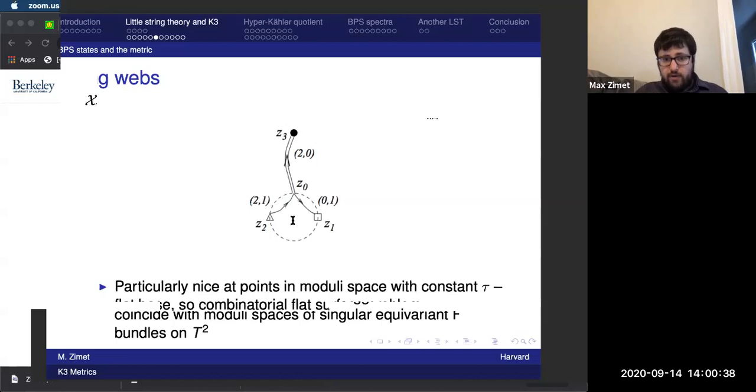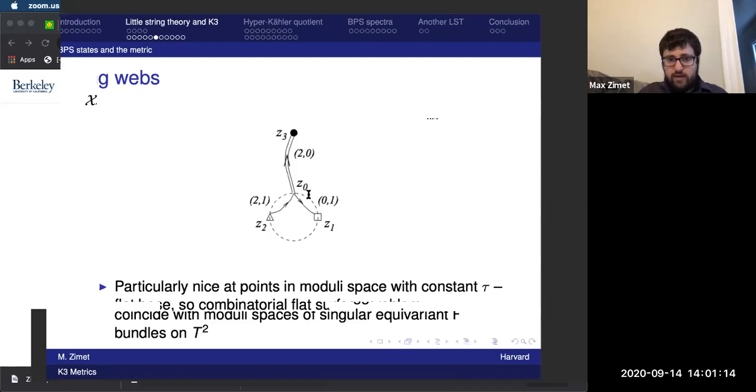Okay, so I've alluded to this picture a few different times, so let me just give an explicit picture here of what these BPS states in the little string theory on T2 look like. There's this nice geometric picture. So think of this as a D3 brane in F theory on K3. So this dark circle here is a D3 brane, and these here are some 7 branes. And BPS states in this configuration can just be thought of as certain string webs moving along the base.